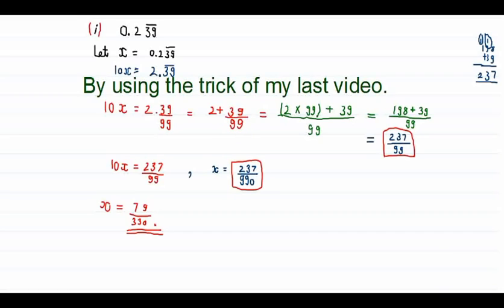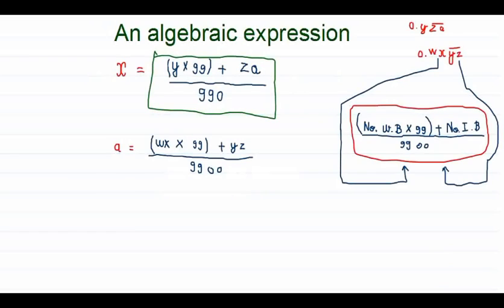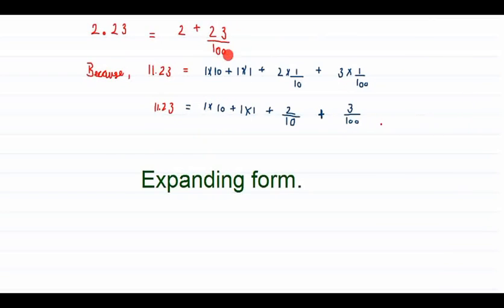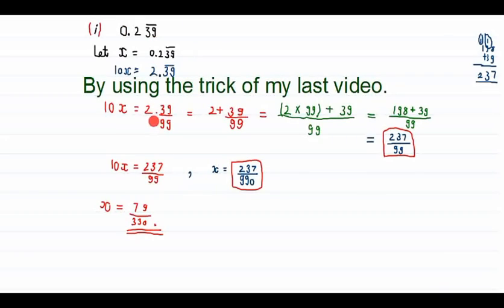You might ask, why am I not putting 100? Because as you can see in these cases, there is a 100 below it. This is because when we remove the point, or bring it towards the right side, it is multiplying by 100, so we write it in this form. But here, there is already a number in the denominator, so we don't need to do things like that. We can directly write it like this.